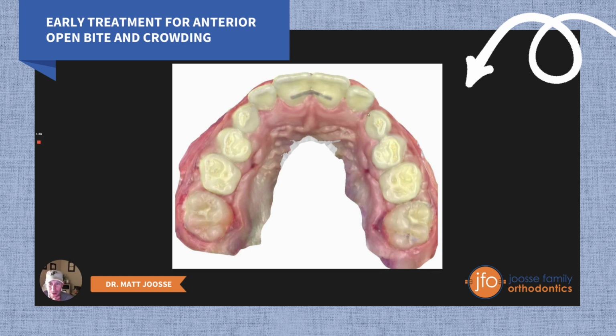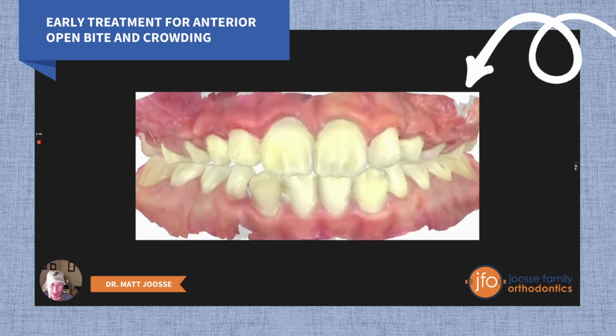Now we actually have a little bit of extra space here, a little bit of spacing, which is fantastic. You'll notice when I show you this point of view that the upper canine teeth are to the outside of the lower canine teeth, which is the proper bite relationship. So the palate expander widened the upper jaw artificially, but that also now gives more space for the tongue to go up into the roof of his mouth and